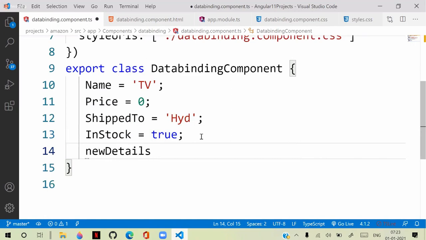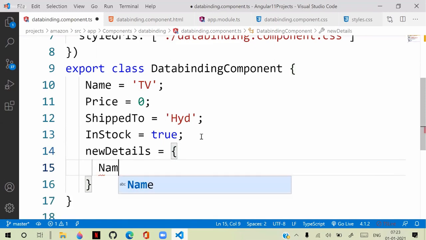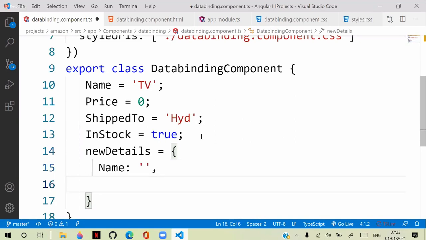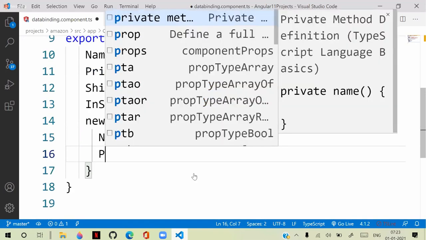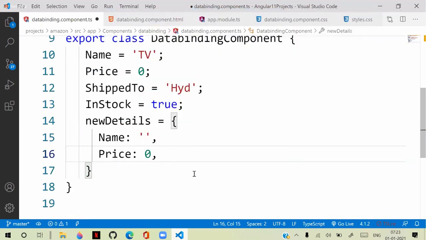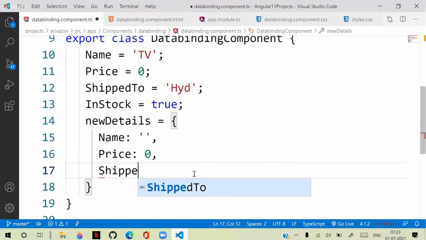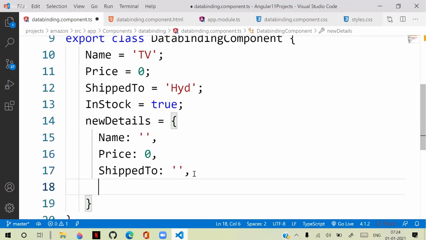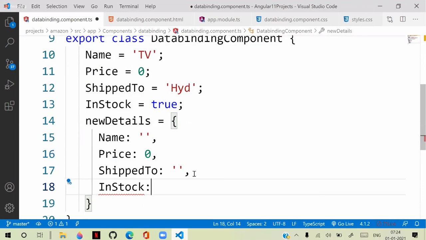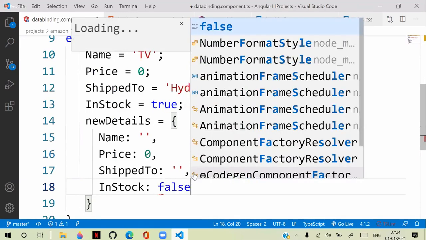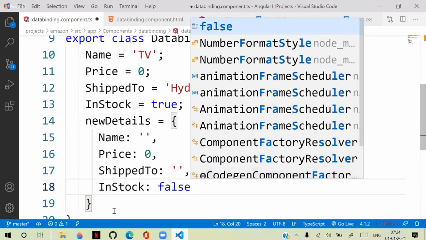New details contains the properties: name, which is currently empty; price, which is 0; shipped to, also an empty string; and in stock is false. So by default new details contains this.